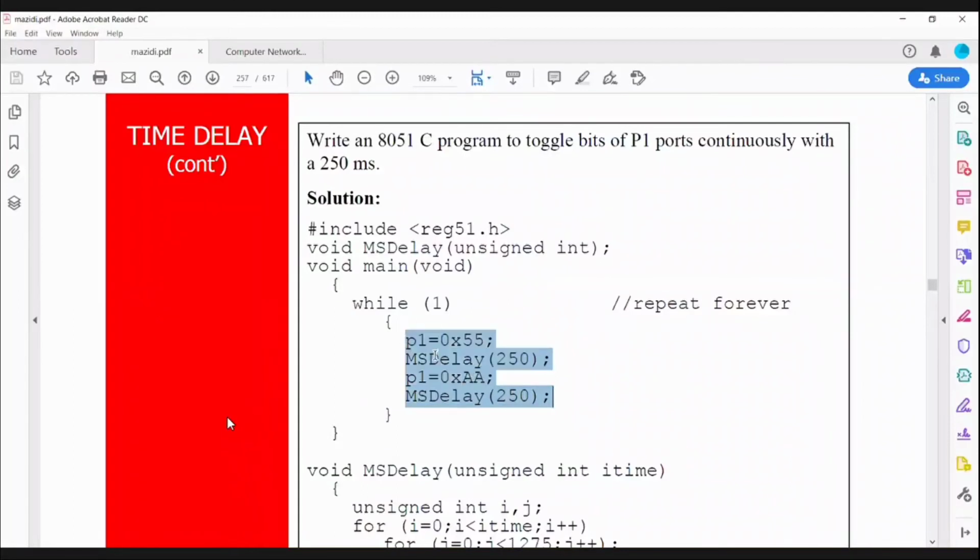This is the most useful in robotics. It uses this technique a lot. Let's say this is for light on, this is for light off. If you want to make the light on for 250 millisecond, then